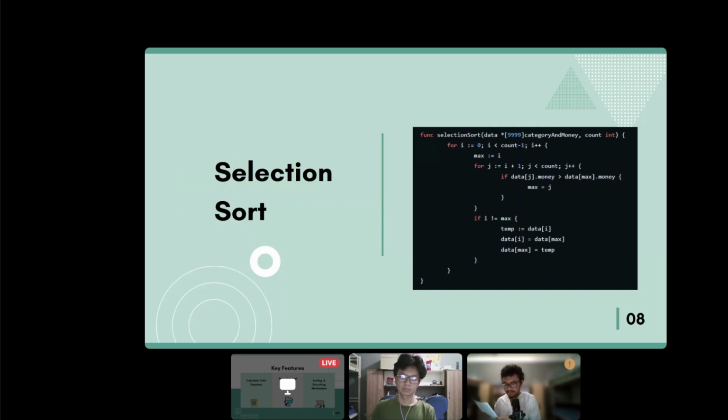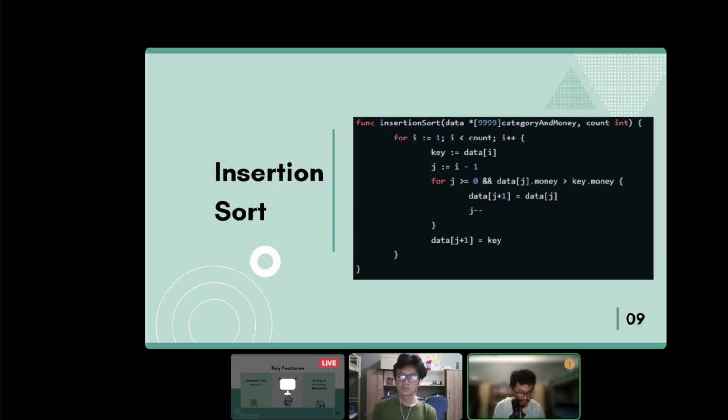This is smaller than that one. So this one will be put in front of that instead of the last one, and the last one we'll put second. This one, oh, it's the largest. And so on and so forth, something like that. Next,